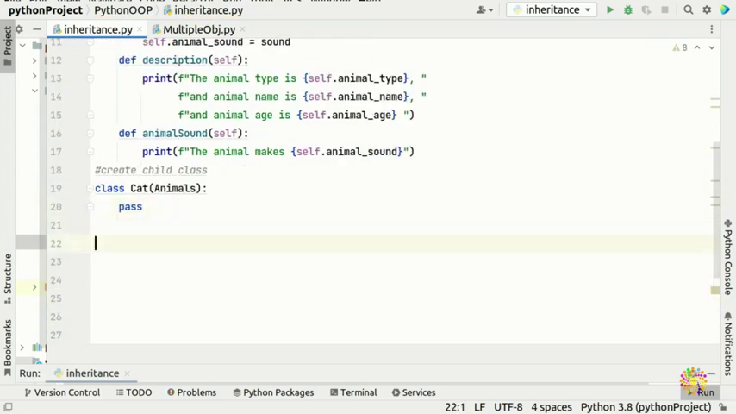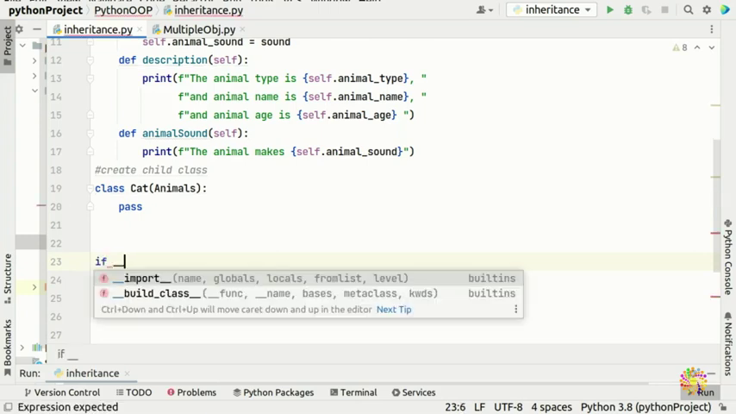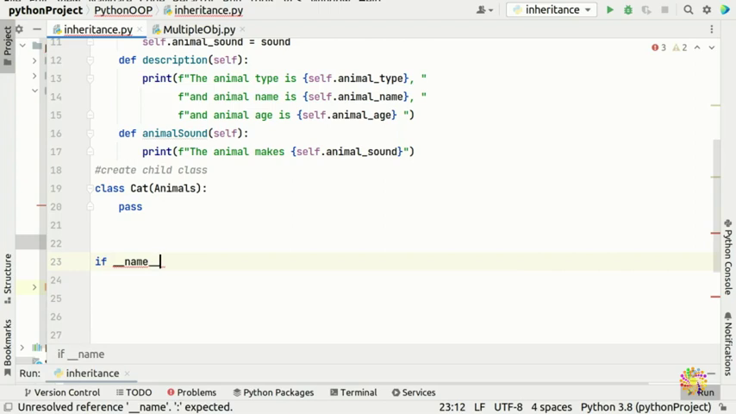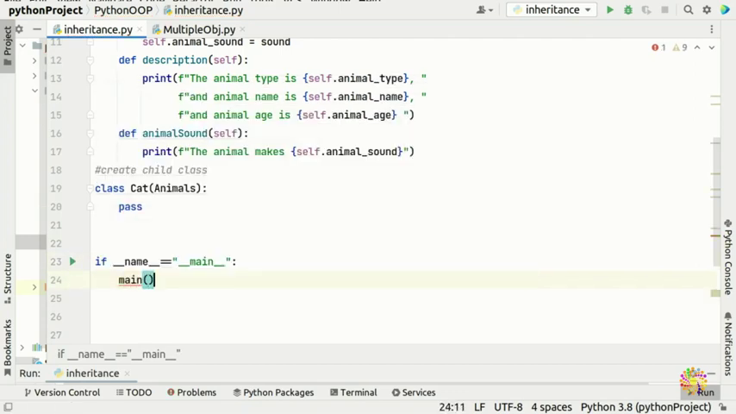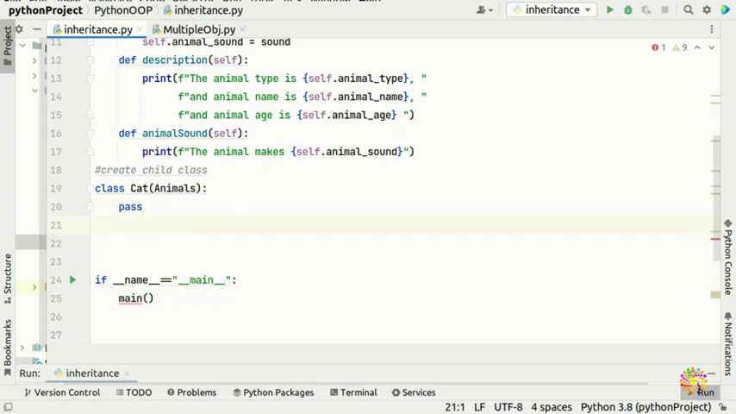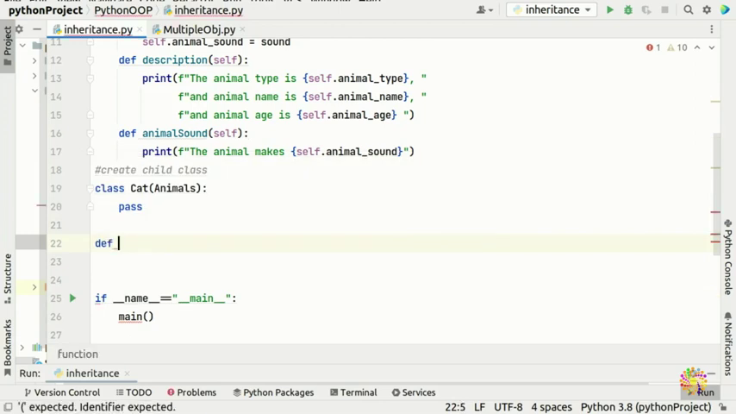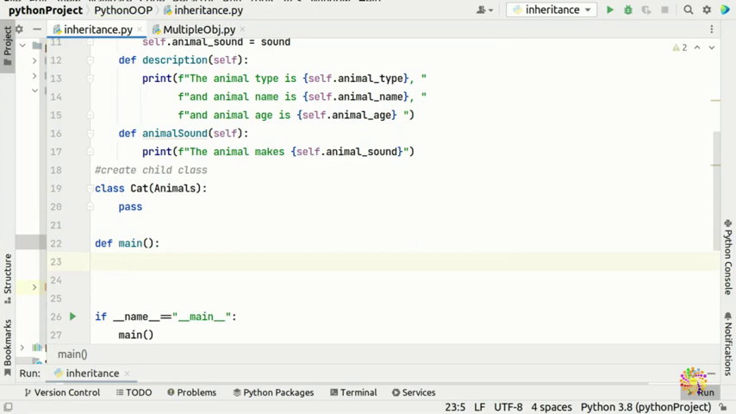All right, so now we're going to make a special variable. We put an if __name__ equal to __main__. We put a main, but we don't have a main, so we're going to create main, and here we put a def main. Inside the main, we're going to instantiate